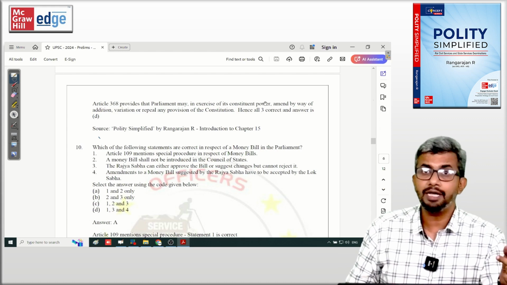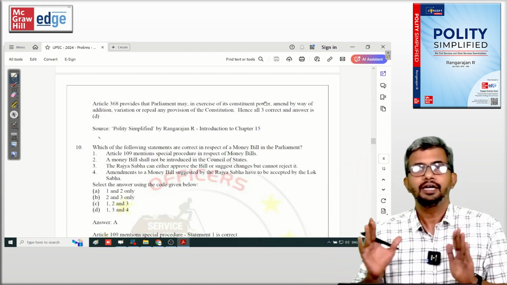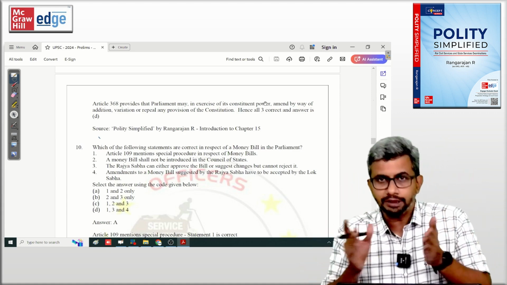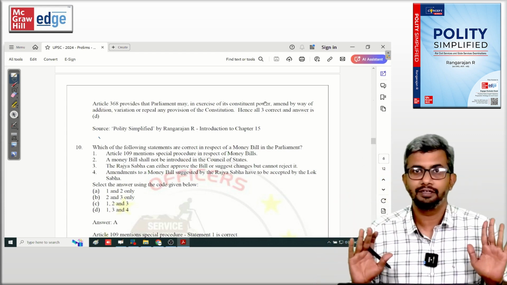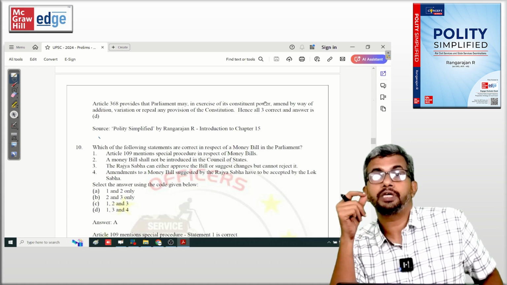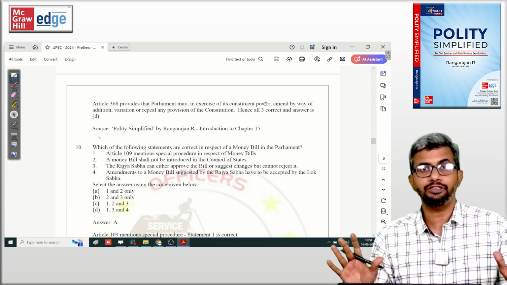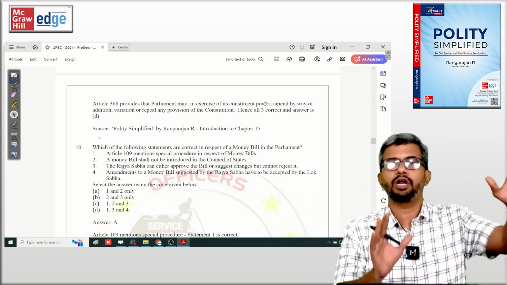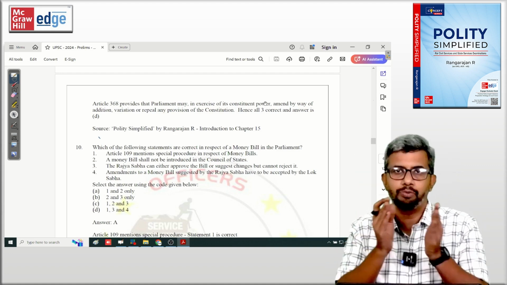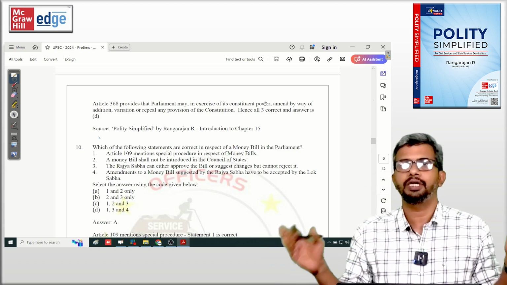But can it approve a money bill? No. Guys, there is no question of approval or passage of a money bill in the Rajya Sabha. The constitution only says that the Rajya Sabha can give its recommendations, suggest changes within 14 days. That's all. So, when we had the debate, even in our academy, so what if UPSC interprets approval as acceptance? If it doesn't give any recommendations and just accepts it within 14 days with no recommendations, then can it be treated as an approval? But I think the word approval is different, acceptance is different. Approval means the bill is put to vote and passed in the Rajya Sabha. That does not happen for a money bill in the Rajya Sabha.